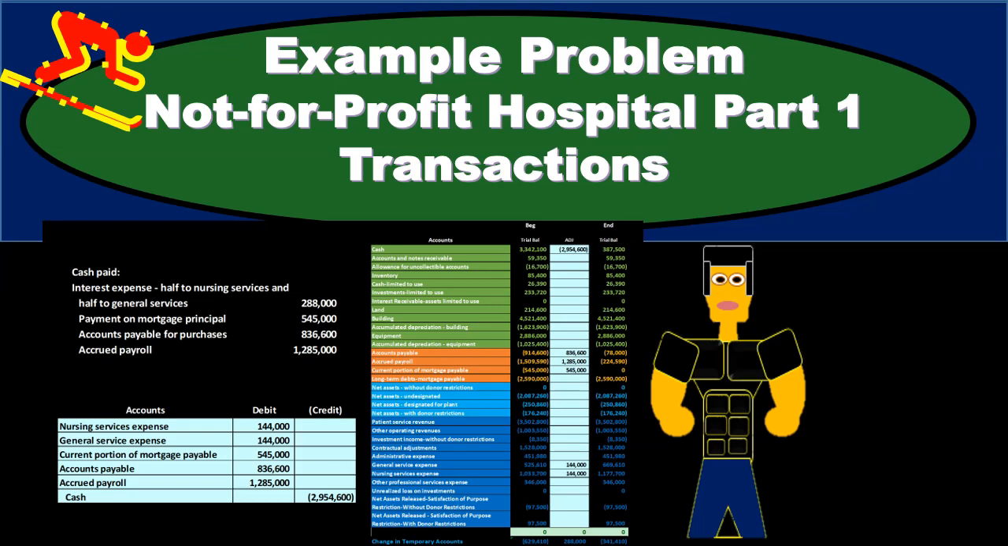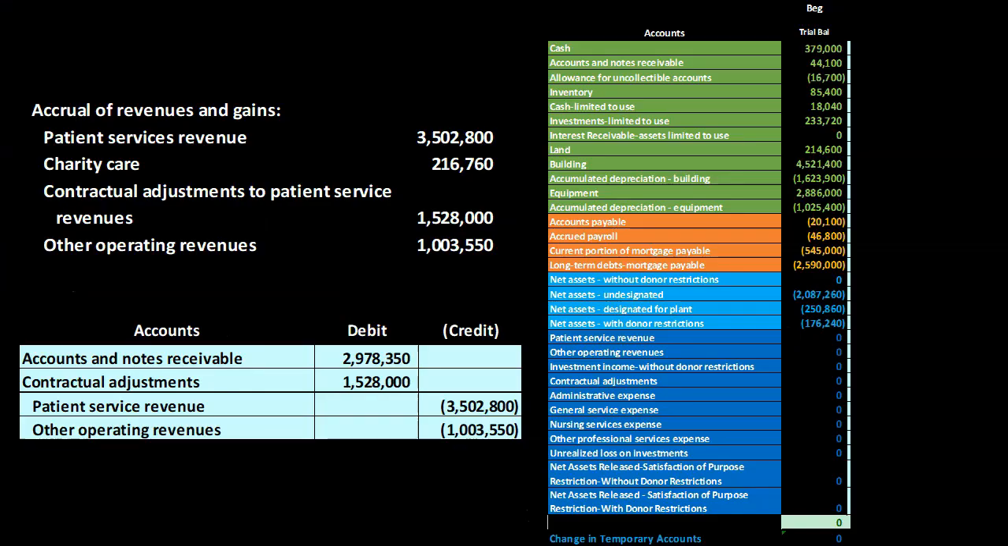In this presentation, we will take a look at part one of an example problem related to a not-for-profit hospital. We're going to be taking a look at financial transactions related to our not-for-profit hospital. We're going to have the information up on the left-hand side. We're going to be journalizing the journal entries down below and then posting those journal entries to our trial balance